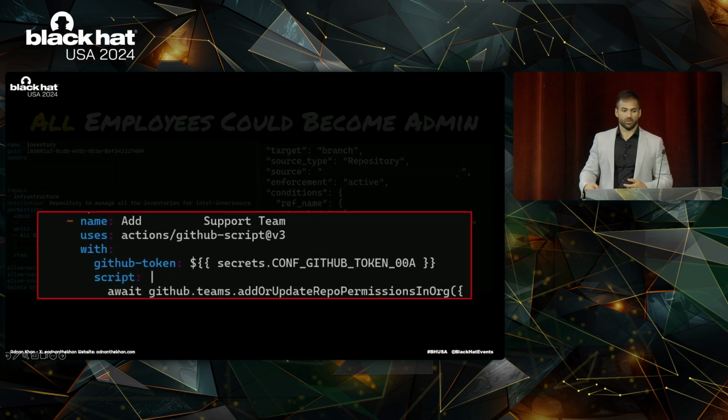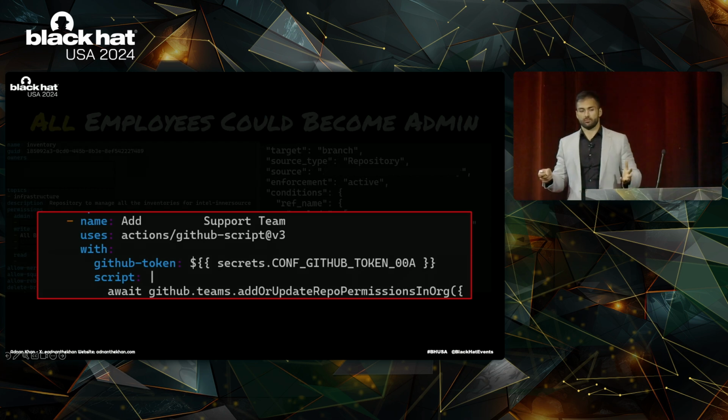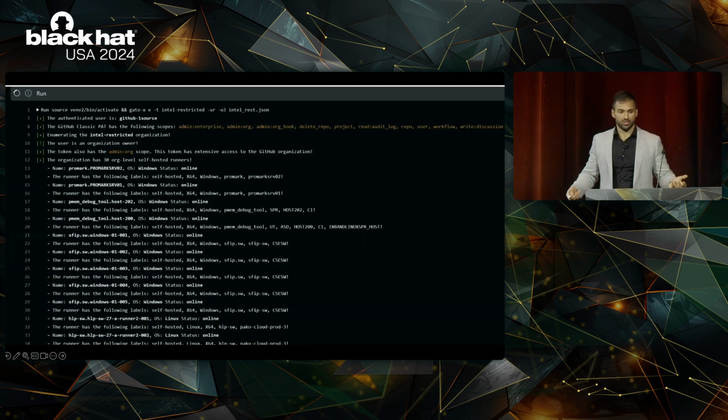One of the interesting secrets on this repository was a conf GitHub token. This was used in another automation workflow, but the operation it performed suggested that it was likely to be an organization admin. Turns out it was.